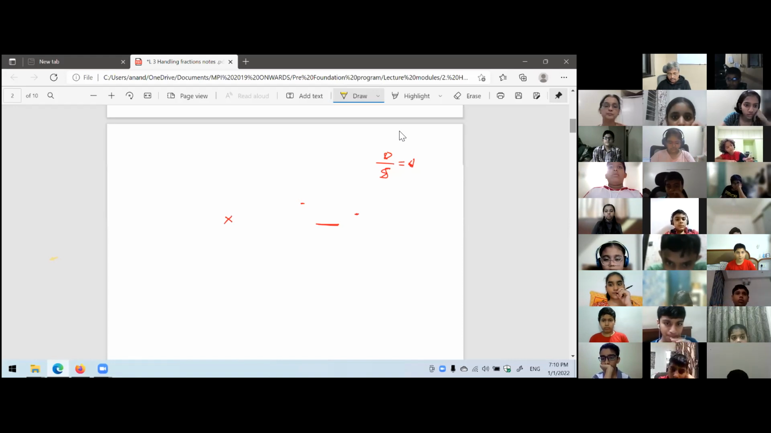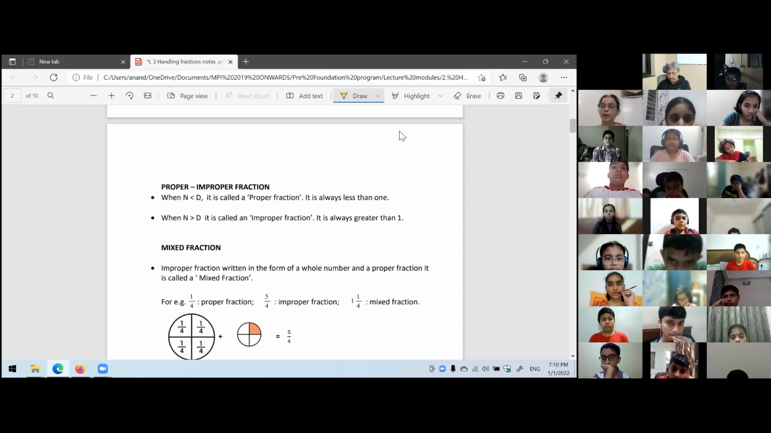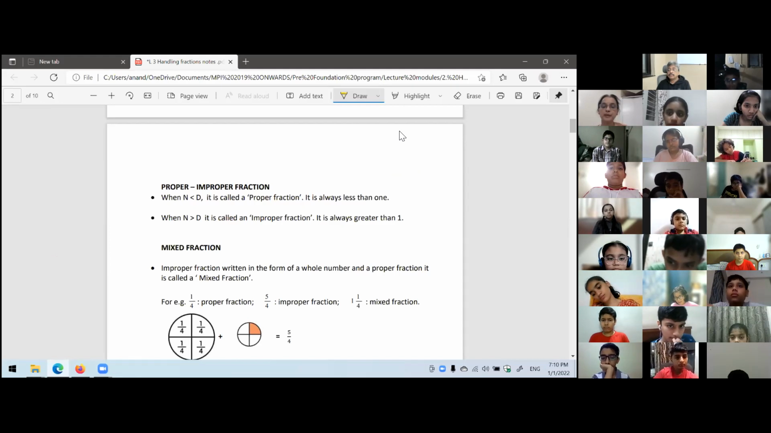Now, proper and improper fraction. Proper fraction is when the numerator is smaller than the denominator. That is 1 upon